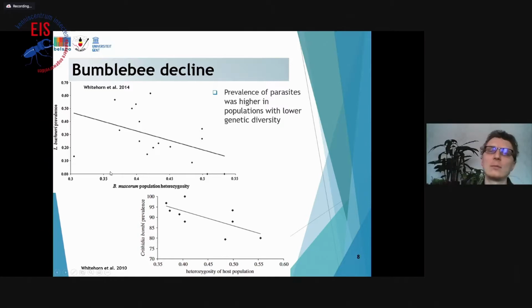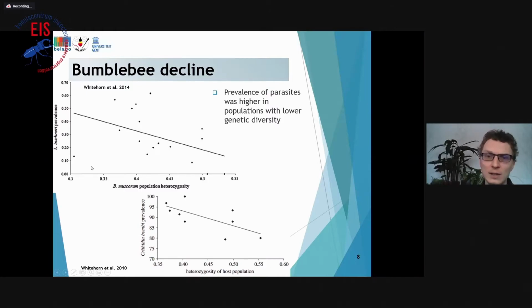So in the previous slide, I showed that there is a low genetic diversity in populations, and this is negative, and this is even more shown in studies comparing genetic diversity levels and the prevalence of parasites, as you can see here. On the x-axis, you can see the heterozygosity of the host species. Here it is Bombus muscorum on the two graphs, and on the y-axis you can see the parasite prevalence of Locusticaris buschleri on the top graph and Crithidia bombi on the bottom,